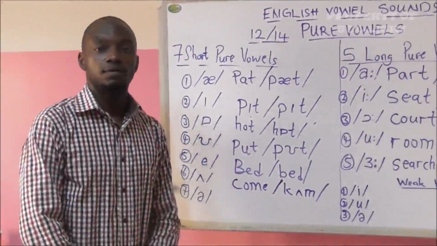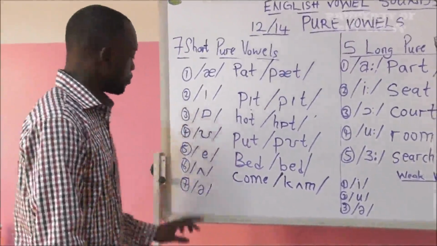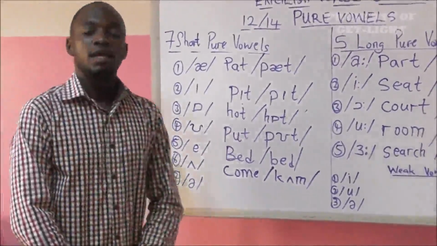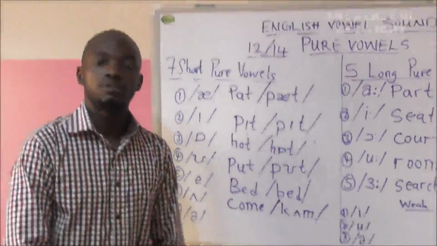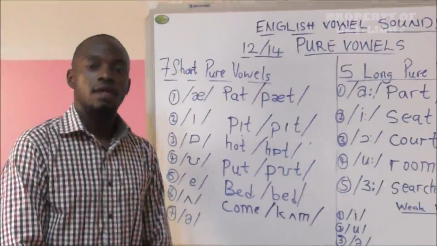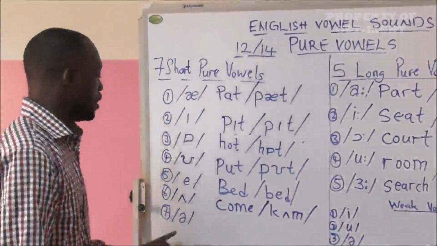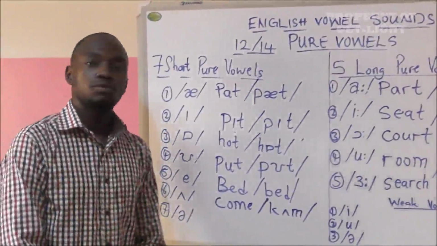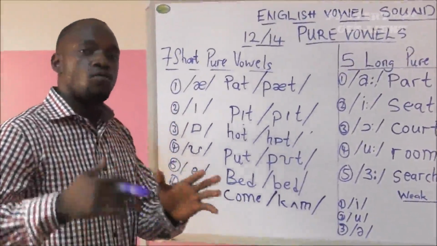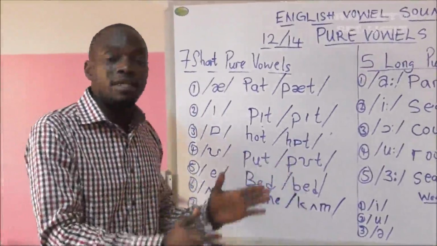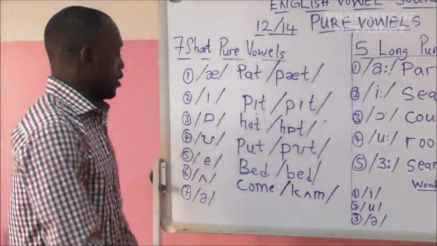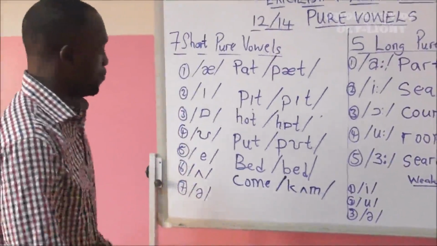It's a weak vowel. It appears in unstressed syllables. And most times it appears in unstressed syllables at the end of words, or even in the middle or at the beginning of words. Example, we have